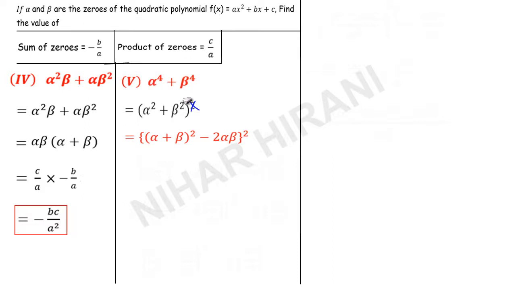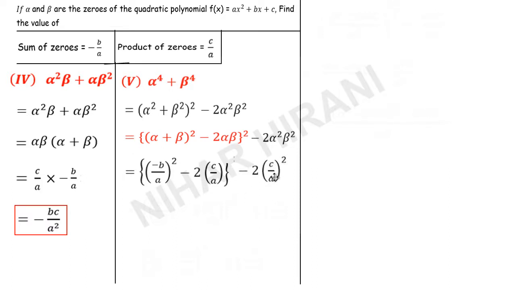Now I will erase this and show this part also, and then I will copy. This red stuff is only for this much. Now I will copy this. So this is 2 alpha square beta square. Now do I have the value of alpha plus beta? Yes, I will substitute that. Do I have the value of alpha times beta? Yes, product of zeros I have. And here I will write c upon a whole square. Why square? This is also alpha times beta, you can say alpha beta whole square, that is alpha square beta square, isn't it? So here c upon a.